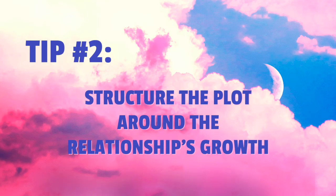#2, my next tip: if you're getting overwhelmed with how to structure a plot and have a story with a beginning, middle, and end, or a rising action and climax, all that resolution and all that stuff, there's a couple of rules that are really basic with romance that I think are very easy to replicate. My easiest way to explain it would be to pick your plot progression based on how you want the relationship to grow. So for example, with my book, My Shy Alpha, I knew that I wanted the characters to be fated